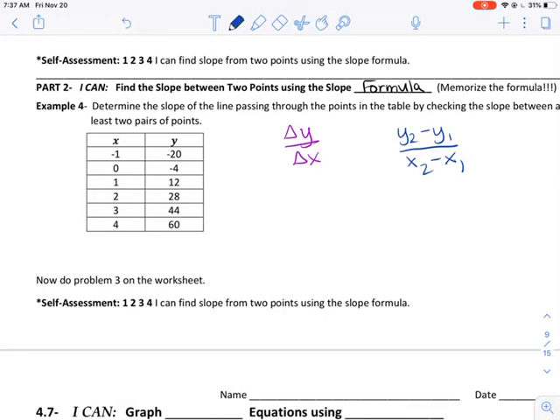The triangle y, the change in y, is the same as the difference between the y values, which is the top of the slope formula. The change in x is the same as the difference between the x values, which is the bottom of the slope formula. So these are both essentially two ways of saying the same thing,